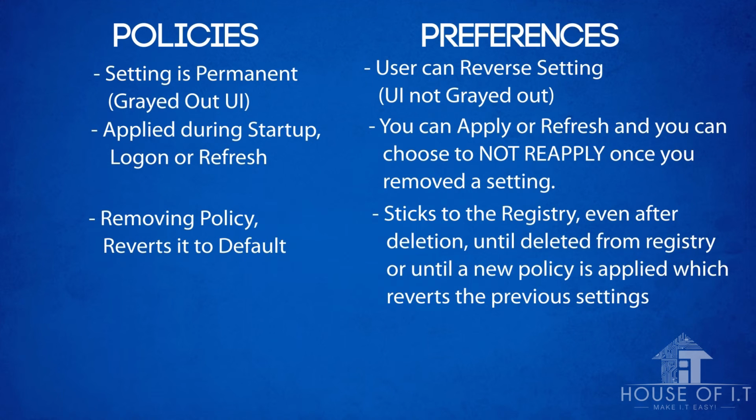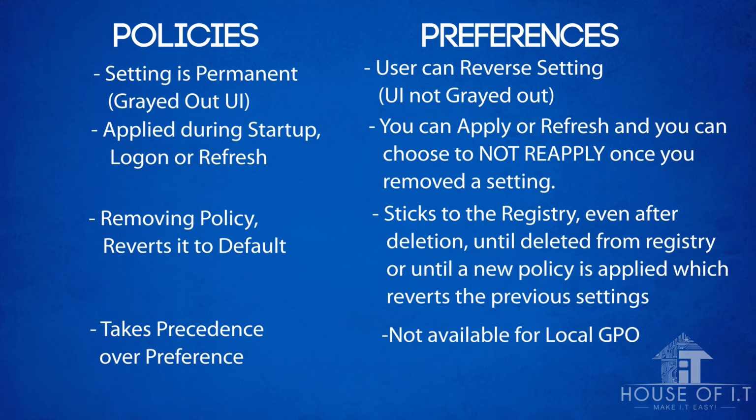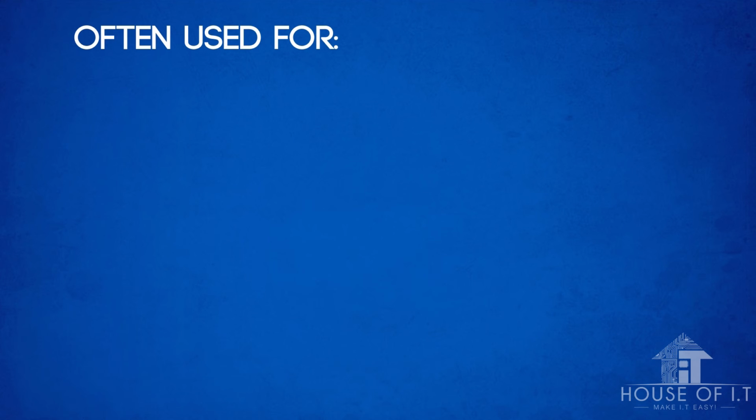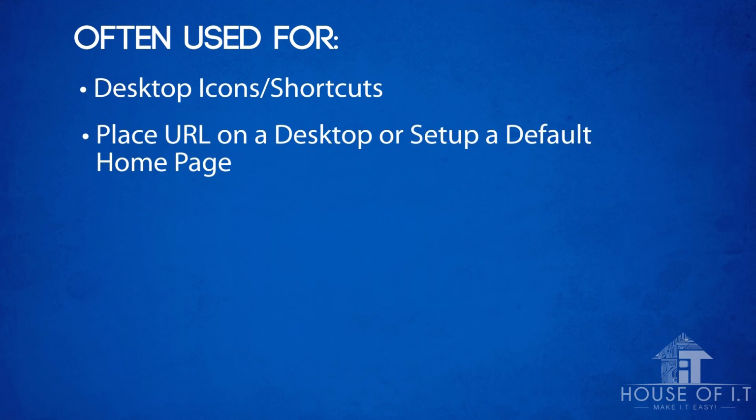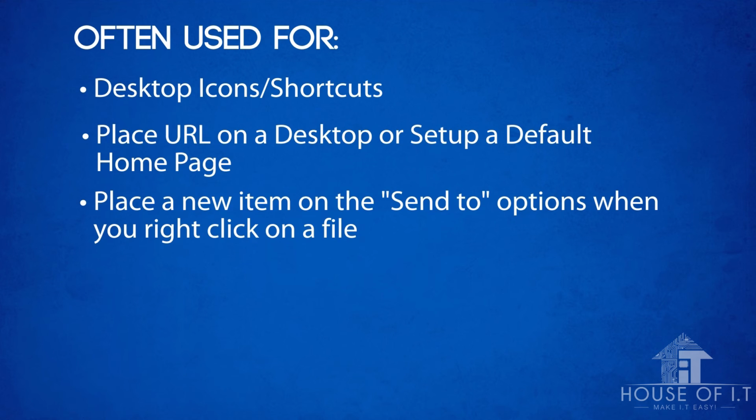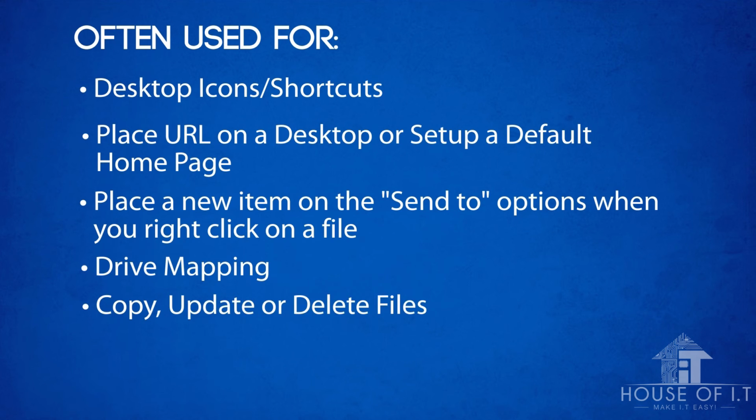Removing a policy reverts the settings to its default, while in preferences, it sticks to the registry even after deletion, unless you delete it directly from the registry or until a new policy is applied which reverts the previous settings. Policies also take precedence over preferences, while preferences are not available in local GPO. They are often used for desktop icons or shortcuts, place a URL on a desktop or set up a default home page, place a new item in the Send To options where you right click on a file, drive mapping, and copying,